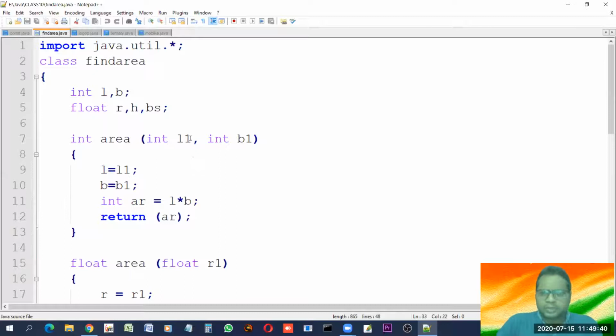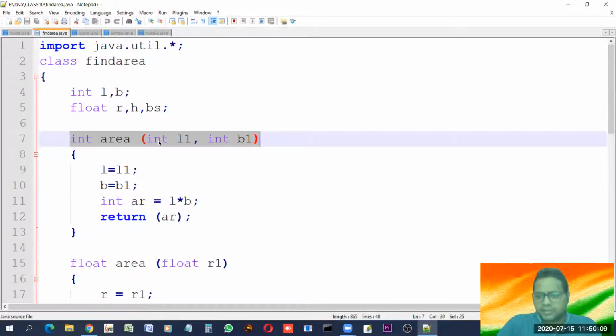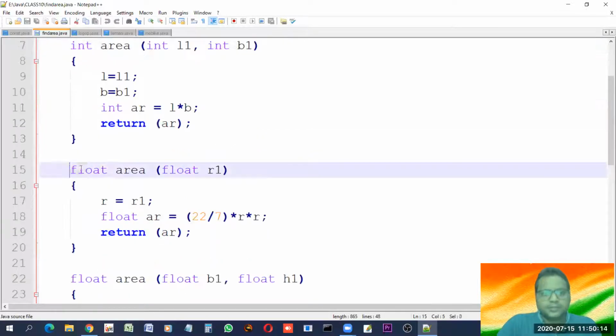one more thing that I'd like to tell you here, I focused only on the name, but the main thing is, the name may be the same, of course, but there must be a difference in the arguments or in the return type. So look at the prototype of every function. Look at this first. The return type is int. The name is of course area. What kind of parameters are they ready to accept? Integers, two integers normally.